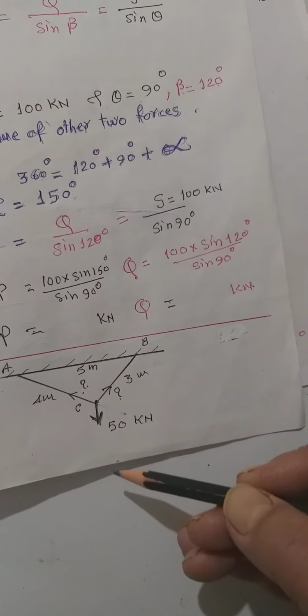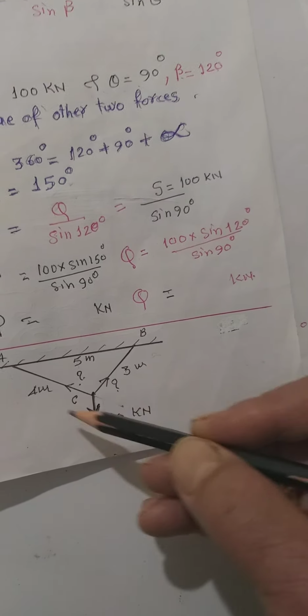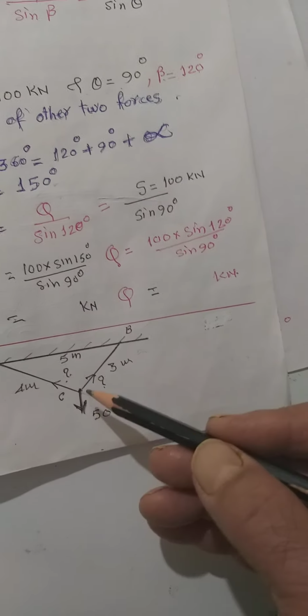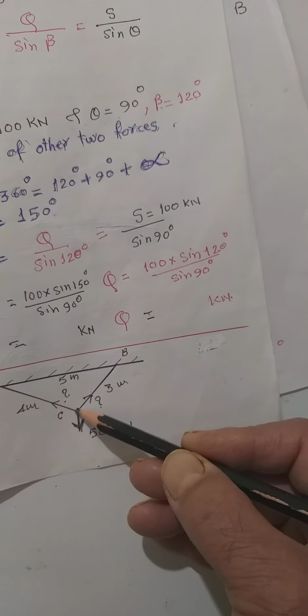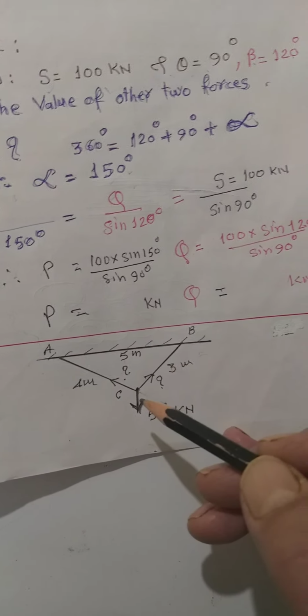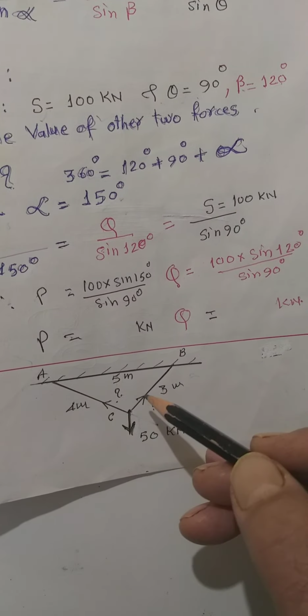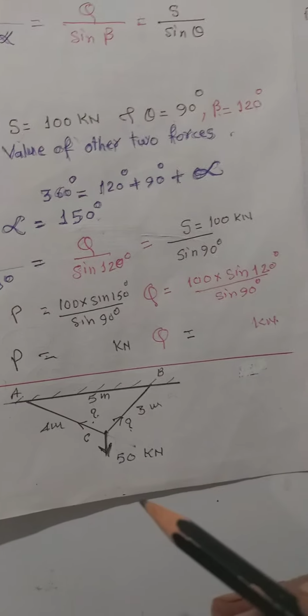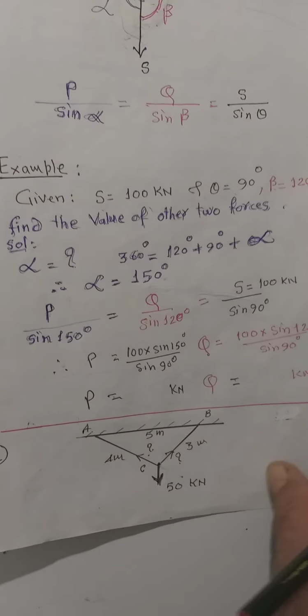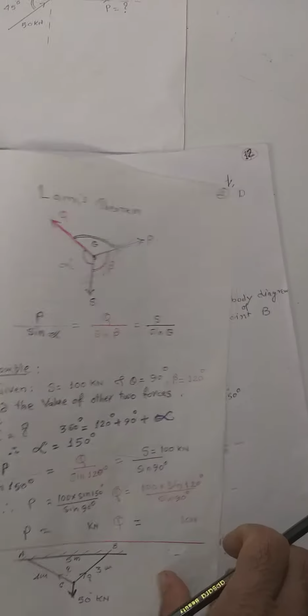When the load is pulling this down, the ropes will try to go in this direction and this direction. Now all three forces are meeting at a point. Draw it separately like this. Try to find out the angle between the three and find out the force in this as well as in this. After that, we will go for the next part, and the complications will come one after another.